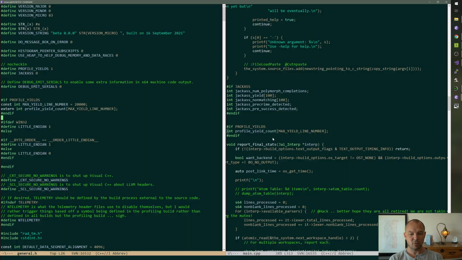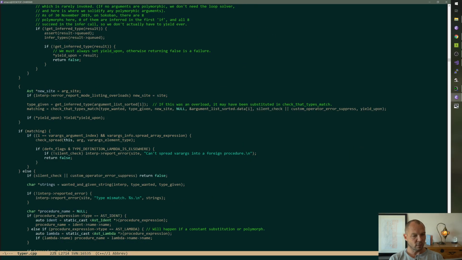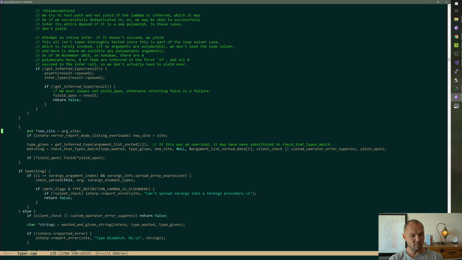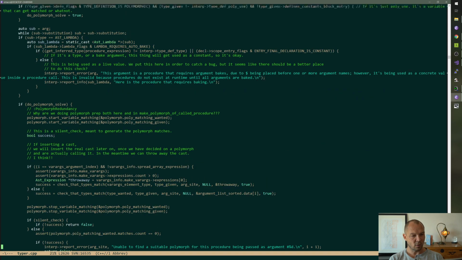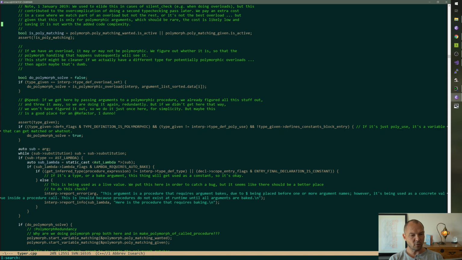Okay, let's just look. 2714. Okay, this is in a check that types match. Type check arguments helper. So we yield there a lot.